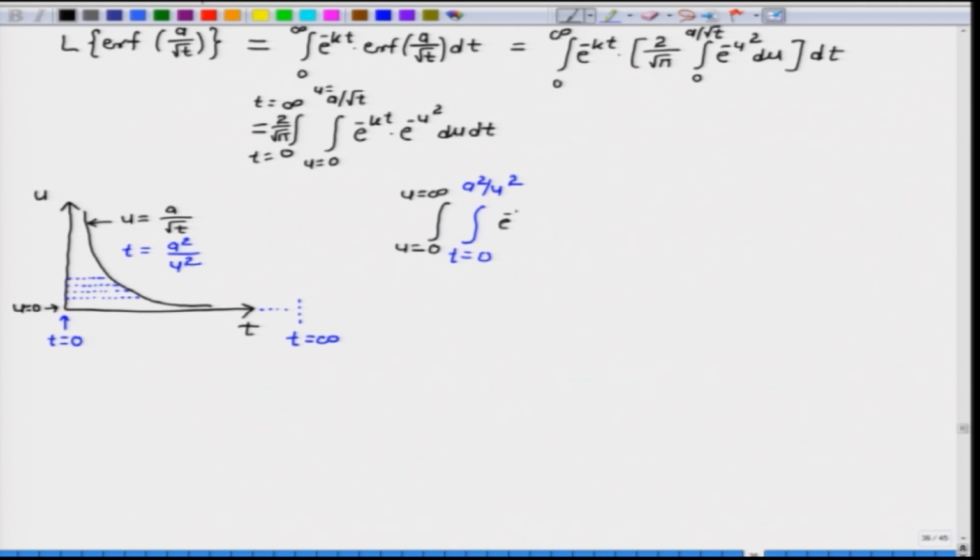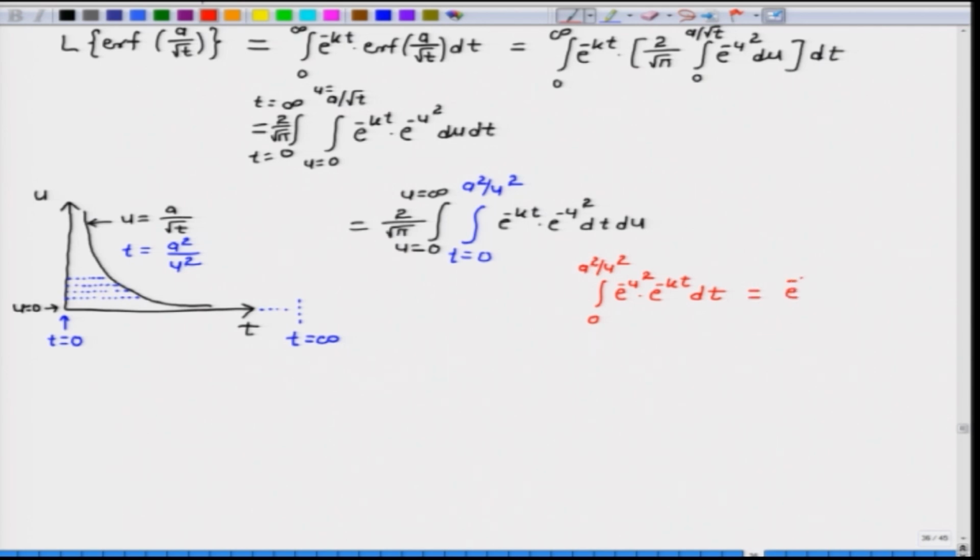The integrand is e to power minus k t times e to power minus u square, dt du. We have changed the order of integration, and there is also a factor of 2 over root pi outside. So, let us try to evaluate this inner integral now. The inner integral will be the integral from 0 to a square by u square of e to power minus u square times e to power minus k t dt,